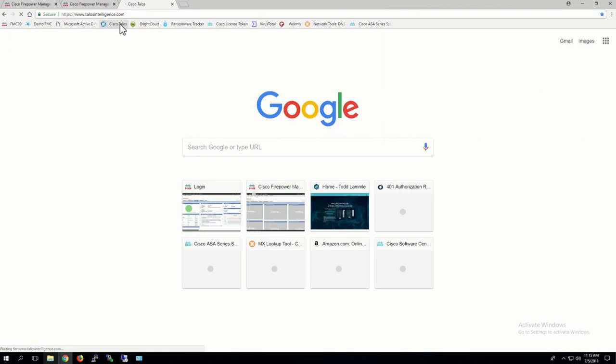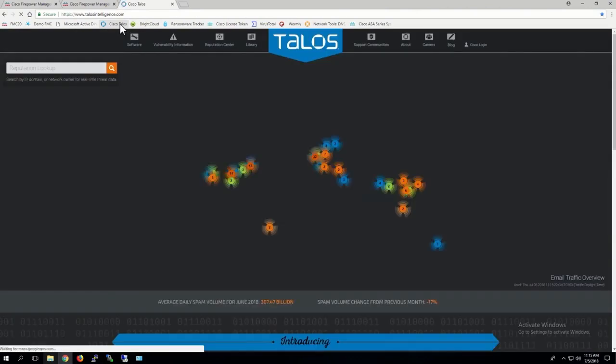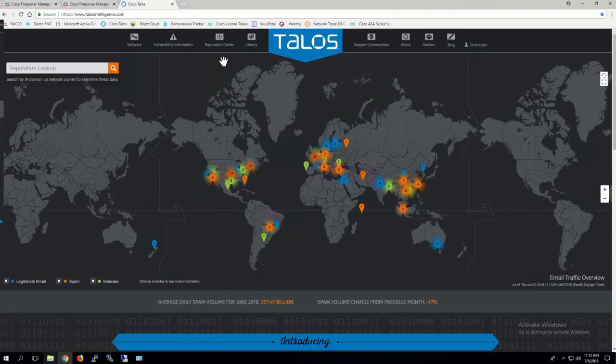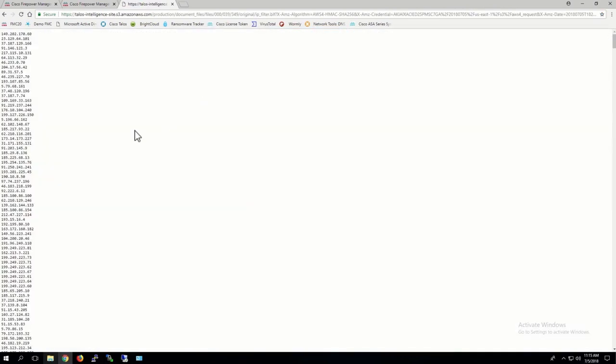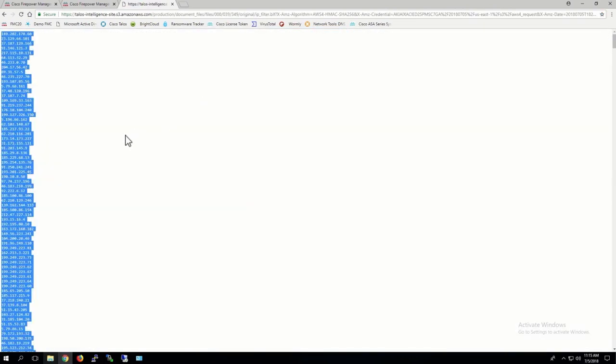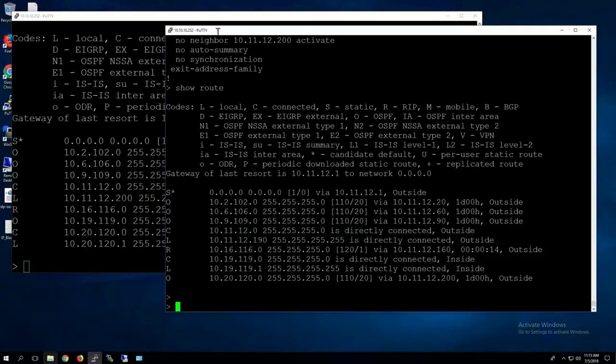I'm going to come here and go to Talos. Watch this. I can see what's in the IP list. I didn't say the DNS URL. I'm going to come under Reputation Center, talosintelligence.com and Reputation Center, and right here. That's what's in that global blacklist. So if I click on this, or even in all their other objects, all you have to do is do a Control A, which picks them all, Control C, and then put that into a notepad, and I absolutely do that. So I'm going to minimize this for a second, come back over here,